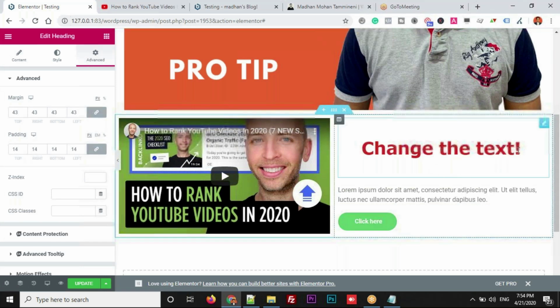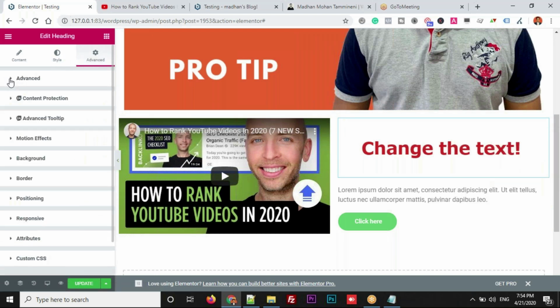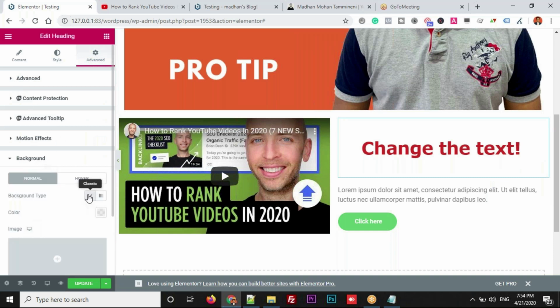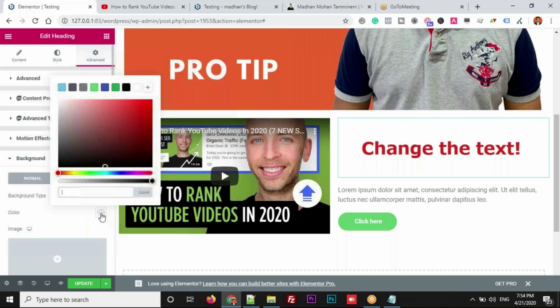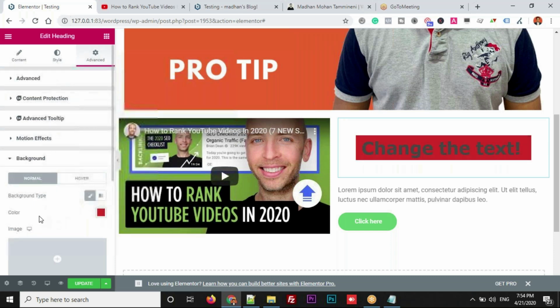But you can ask me now, there is no difference here. Even if you are adding margin and padding, the space is appearing, but it's not inside. I'll show you the difference by adding the background color. Let me add background color. It will be available here in background. Go over here, click on select background. Now you can see the difference.